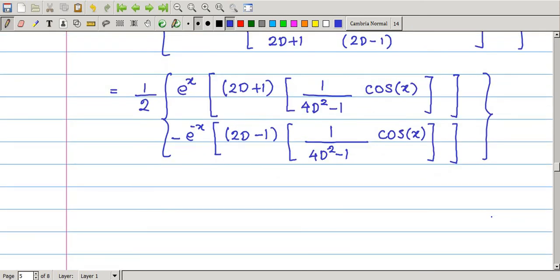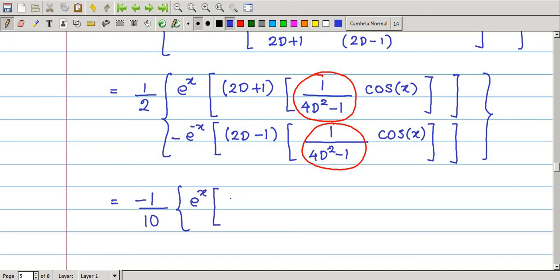So for both the brackets we use the same formula, we replace d square by minus 1. So that will be minus 4 minus 1, that is minus 5. So this value will be minus 1 upon 5, this value will be minus 1 upon 5, and this value is again minus 1 upon 5. So we can take that minus 1 upon 5 outside. So this will be minus 1 upon 10 into e raised to x into 2 times d plus 1 into the same trigonometric function as it is,